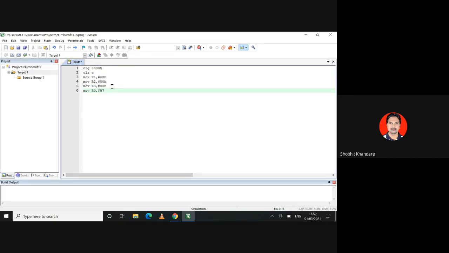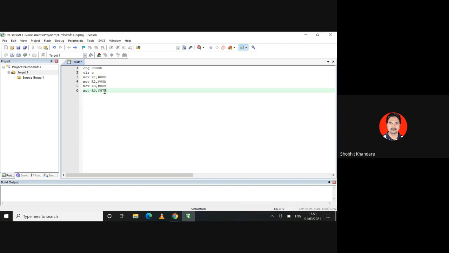57h. So I'm taking the hexadecimal number as 57h. Okay. So this is a hexadecimal number. You can convert this into binary. This 57h can be converted into binary, and you can see how many ones are there. So can you tell me what is the binary representation of 57h?